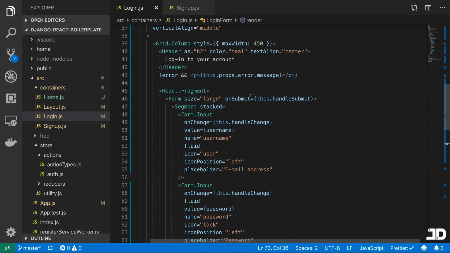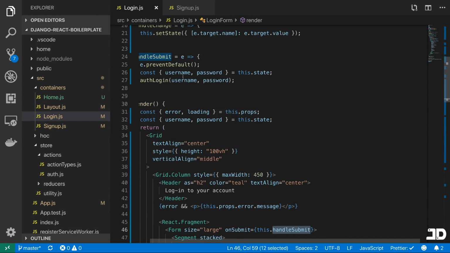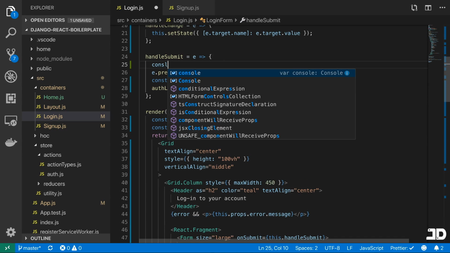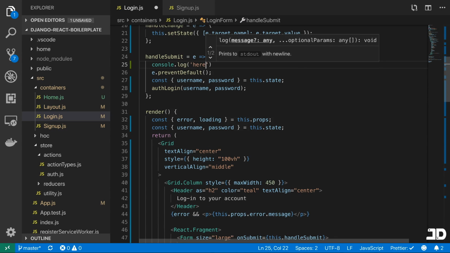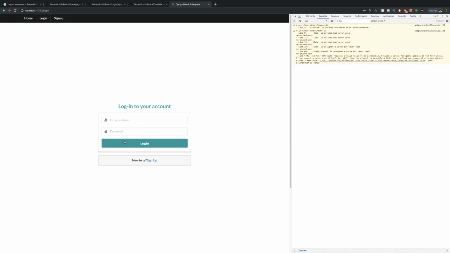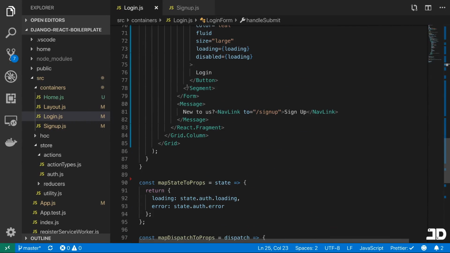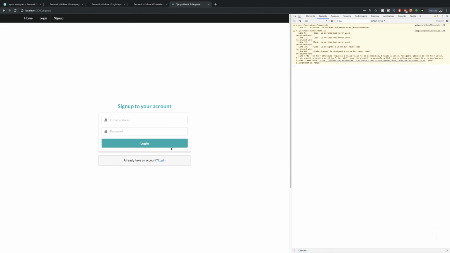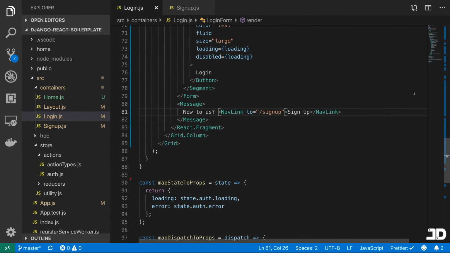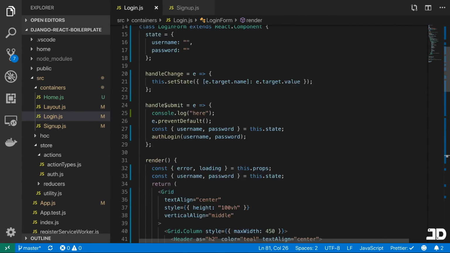So if we come back here on submit is this dot handle submit, which is here. So let's just make sure that it does come through. And if we click there, it does. Okay, cool. So we'll see that loader in action in a second. And let's just come down here and we'll just make sure we have a space there as well. Okay, cool. Now let's go to the signup page and we'll have the exact same logic as what we have